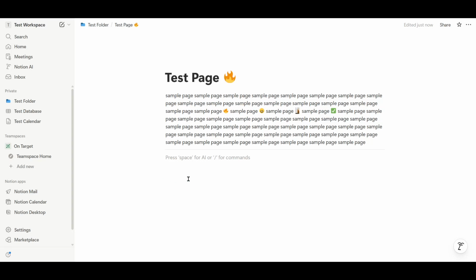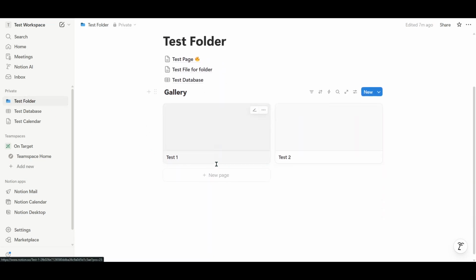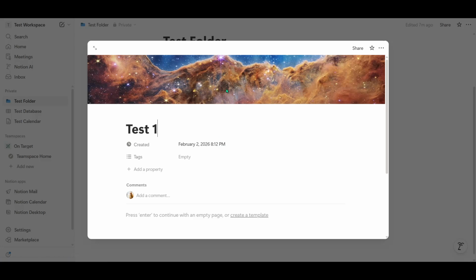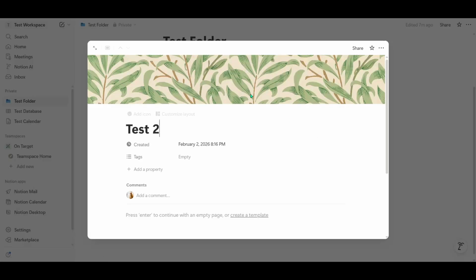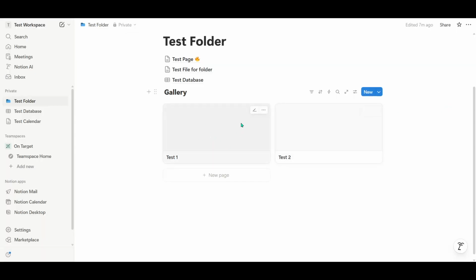In today's video, I'm going to teach you how to get Notion Gallery View to show cover image. If you've ever added a beautiful cover to a Notion page and then switched to a gallery view, only to see a blank card or just text, this is a quick and tidy fix. We're going to adjust one view setting so your gallery cards use the page's cover image as their preview, exactly